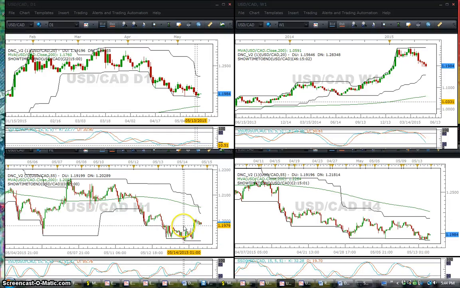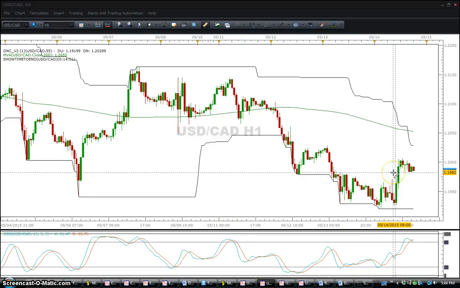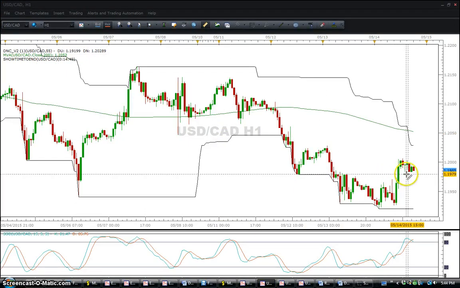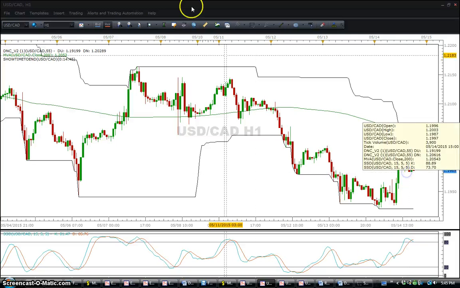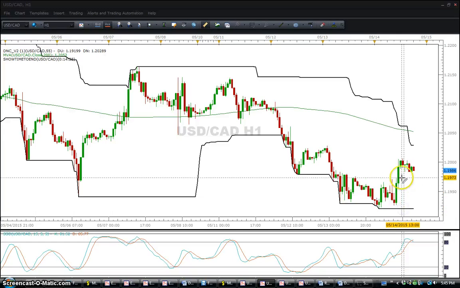If you're a very aggressive trader, we can see here, see how we've got this little support shelf right here? Let me expand that chart. We've got this little support shelf right here at about 1.1982. If you're very aggressive, you could set a price alarm right there, and potentially, if it would drop all the way to that previous low that it made, is 60 pips. Generally, I like to look for about 100 pips or so, trend trader type of thing. But if you're very aggressive, and that would be something that you